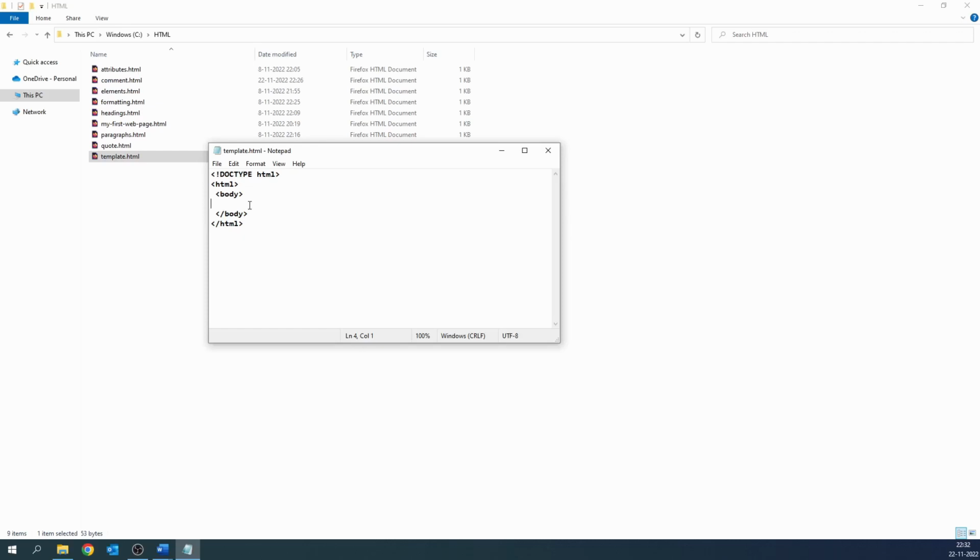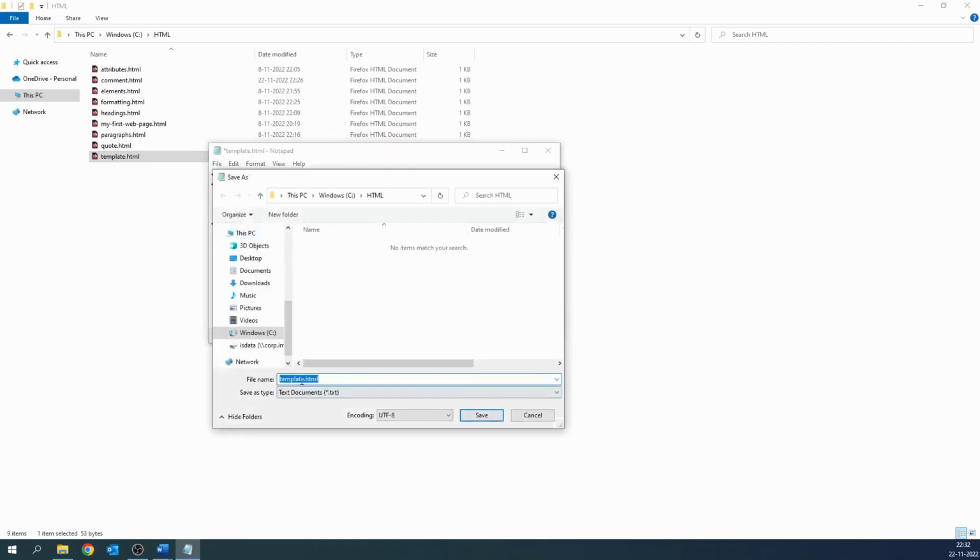So let's create a link with the A tag. The syntax for a link is A, then we have href equals the URL of the link. Let's use Google. Then we close it. And let's call our link Google. Now, if we save this file as link.html,